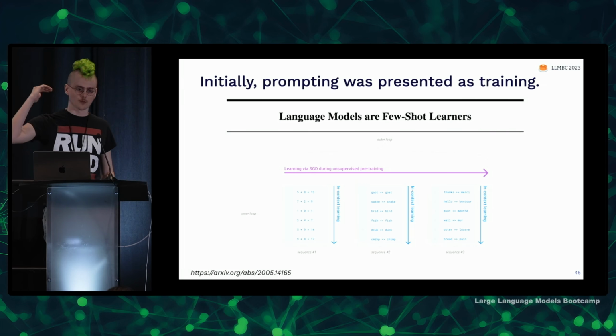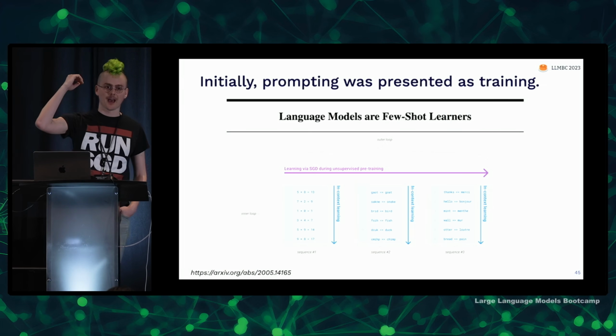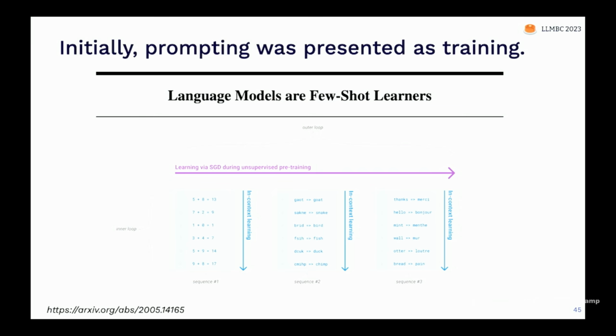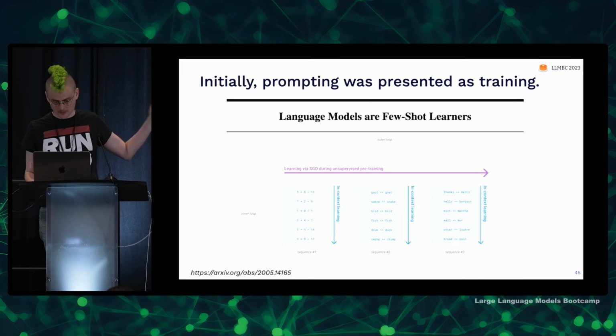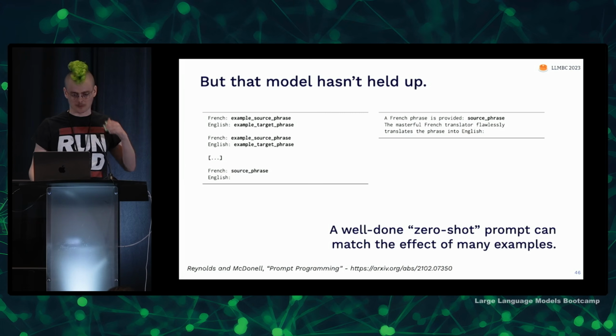And it draws an analogy to the way that during training, we might pass over a bunch of examples, run gradient descent, and go through those examples in pairs like 5 + 8 is 13 or 7 + 2 is 9. During training, we put that information into the weights of the model with gradient descent. But with a large language model like GPT-3, you can put that information into the prompt, into the context, and the model will learn in context how to do this task. So that's how it was presented in the paper, that the model was basically learning things like math and translation from English to French in its prompt.